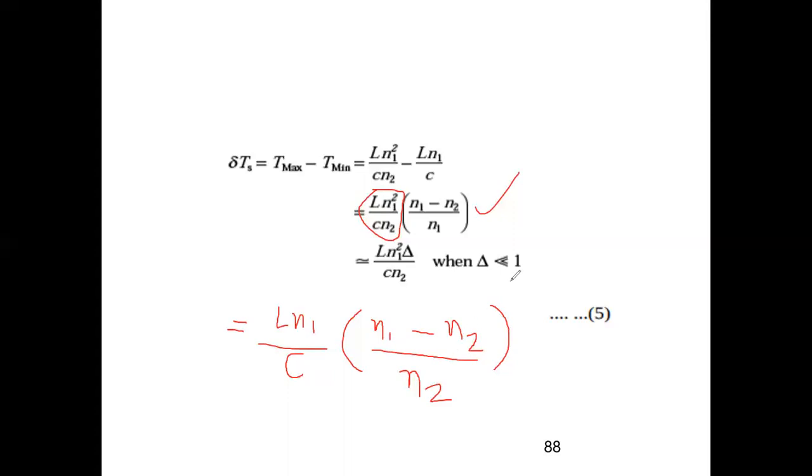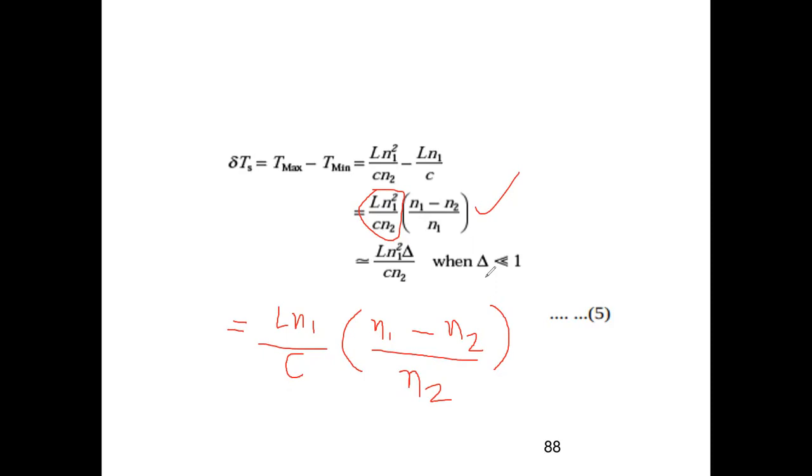Now usually if you see, delta is much less than 1, so what we did was take the formula of delta as n1 minus n2 upon n1. But if you see, we have done many problems where you have seen that the relative index, that is n1 and n2, there is a very small difference. So if we are trying to equate, see, the original formula is n1 square minus n2 square upon n1 square. But since the value of delta is very small, the relative index difference is very small, we equated it. That's why it is approximately equal to.